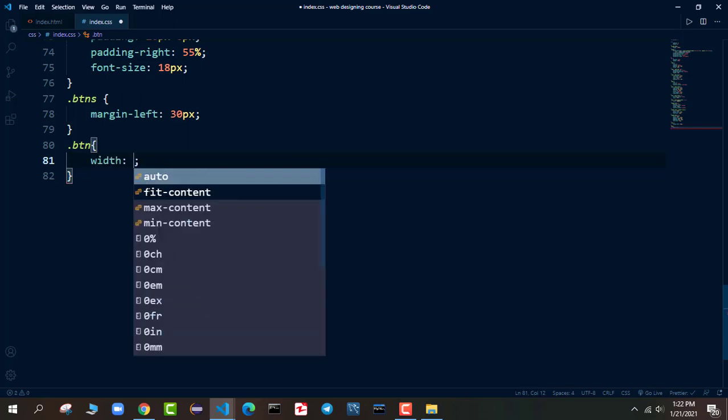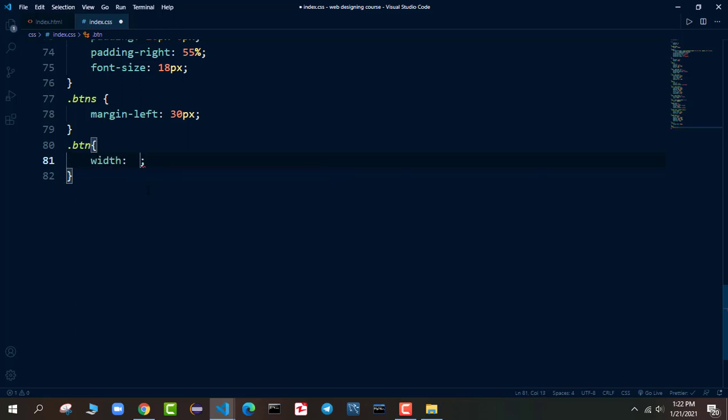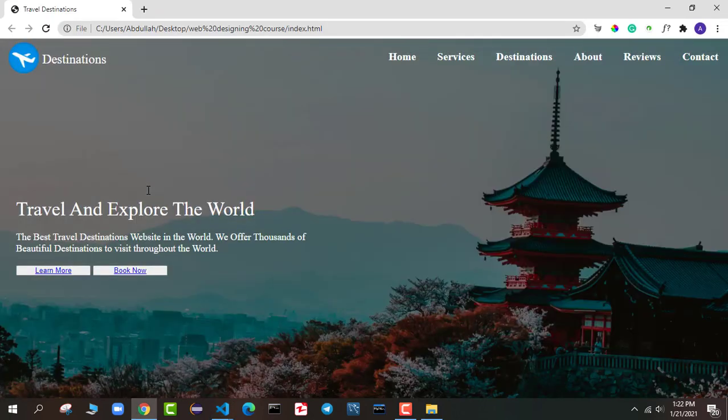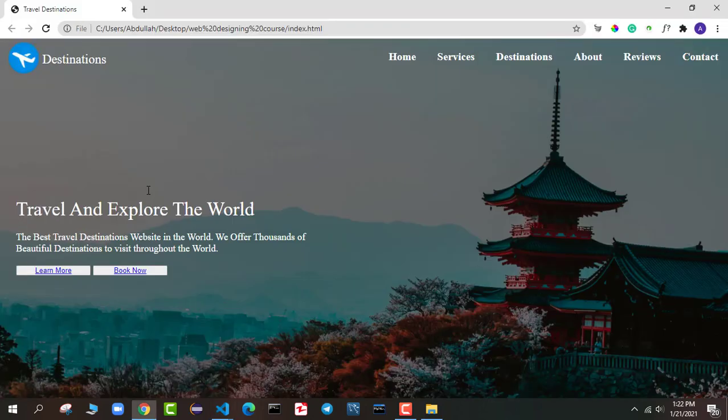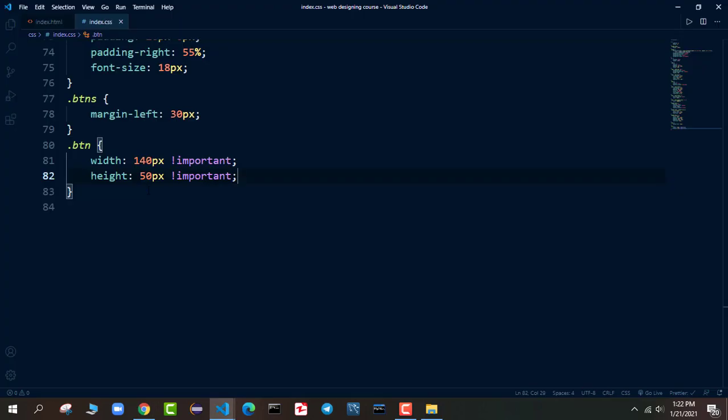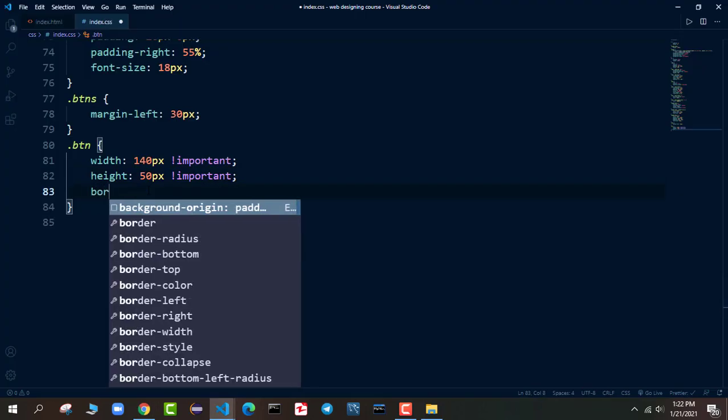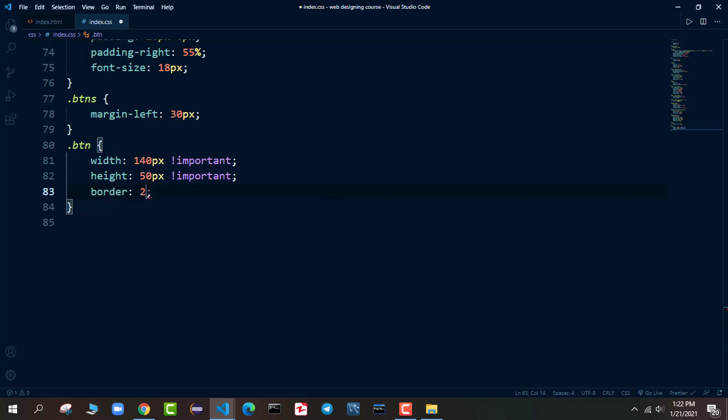We say width 140 pixel and we say important, so it will force this one to apply this width. And we say height, and here we say 50 pixel, and again important. And after that we say border, and the border that we want to apply is 2 pixel solid.